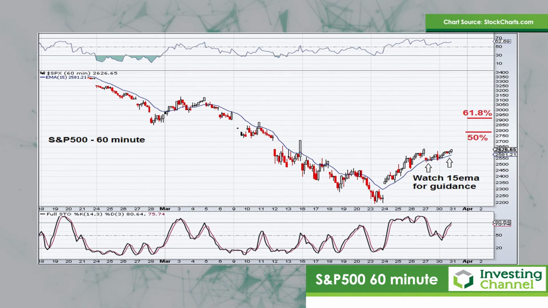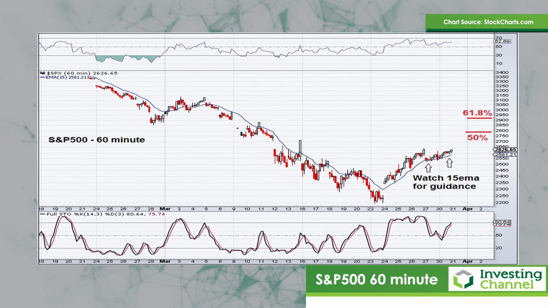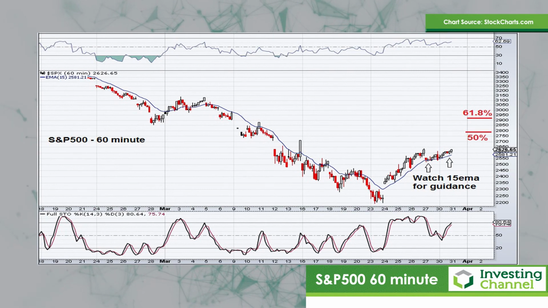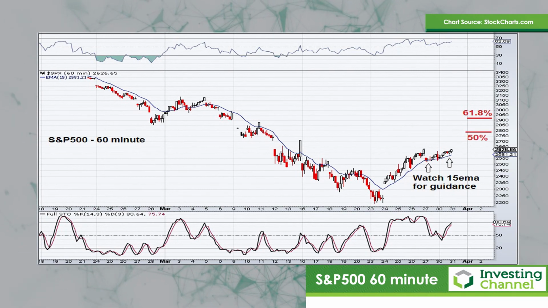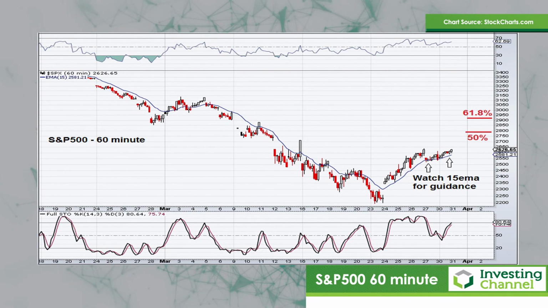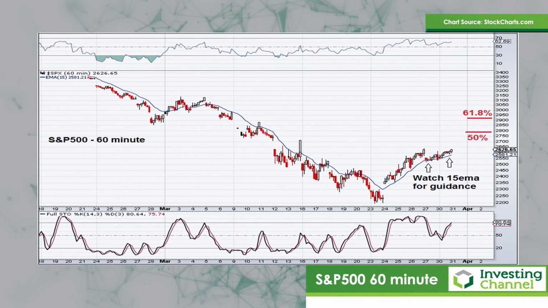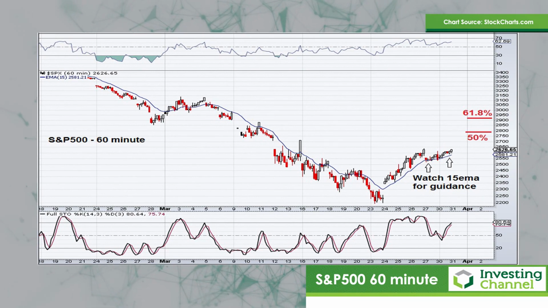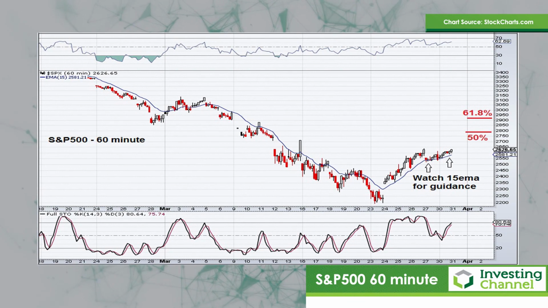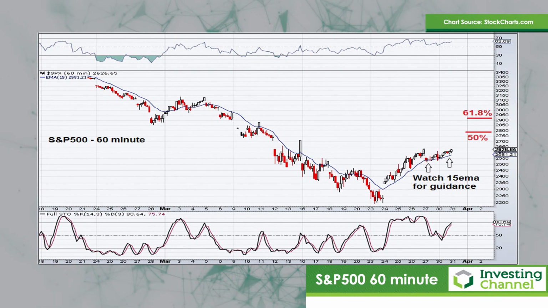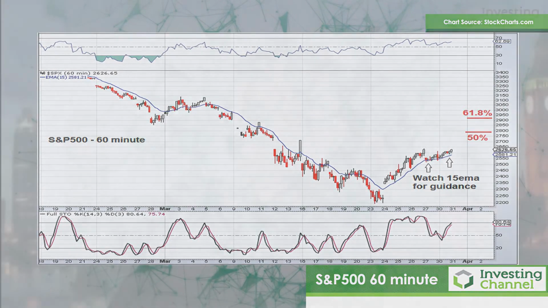What I'll be watching for here is for the market to start trading down below that 15-period exponential moving average, and for that exponential moving average to start pointing to the downside. If we start seeing that, then I think it's an indication that the sellers are taking control. Up until then, you've got to be careful of just blindly shorting this market and thinking it's going to go lower. Often these bear market rallies can go higher than you think. So just take that into consideration and rather wait for the market to actually break down below that 15-period exponential moving average before going short.